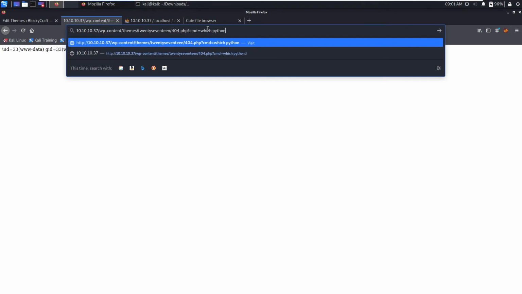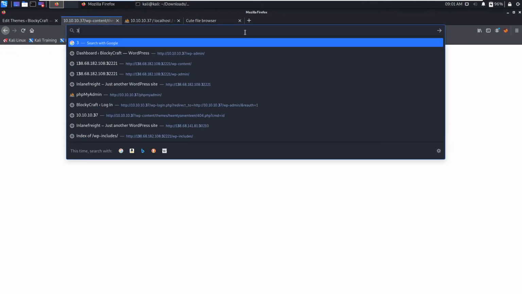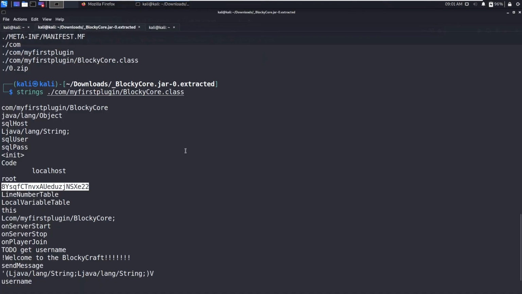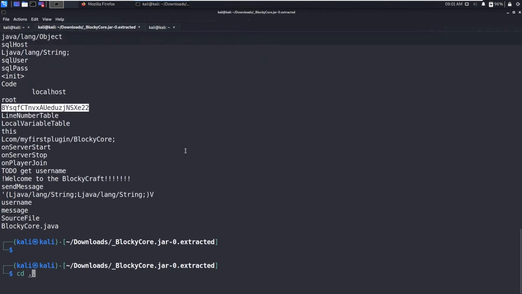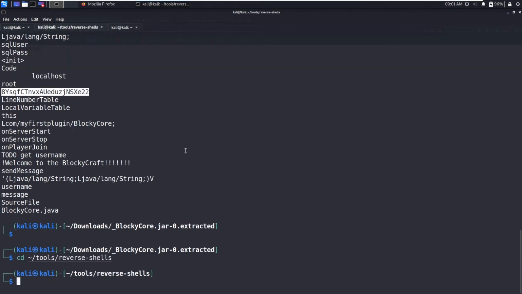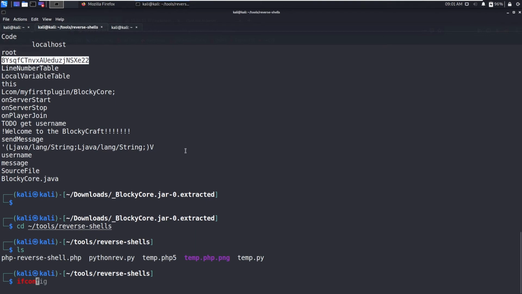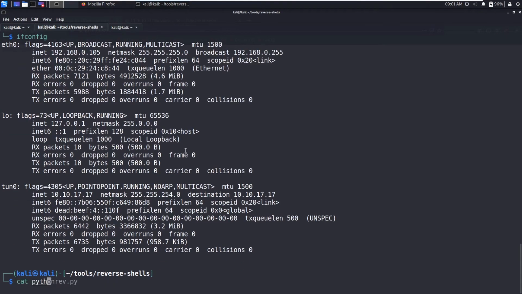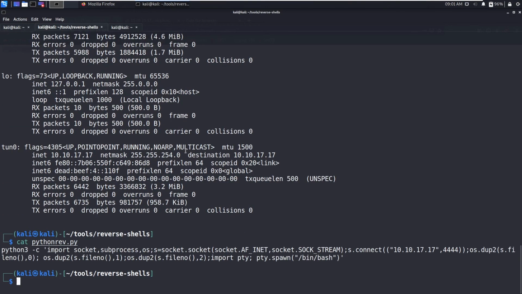So let's go for which python. There is no Python. Let's go for Python 3, and there is Python 3. Now grab a reverse shell. Okay, I have edited the IP address already.